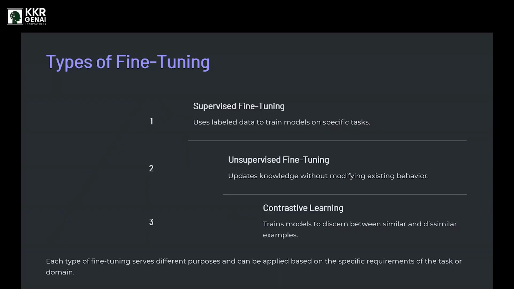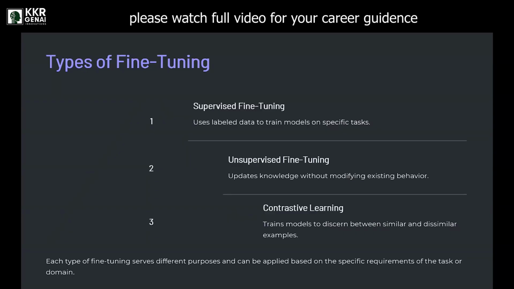Okay, so the types of fine-tuning are supervised fine-tuning, unsupervised fine-tuning, and contrastive learning. Supervised fine-tuning relies on labeled data. As you might know, labeled data means you have input and output. You know the input and you know the output. It covers text classification, question answering, or instruction following, such as an instruction like summarize an article. If you are working on that kind of problem and you want to fine-tune a model, you can use supervised fine-tuning.